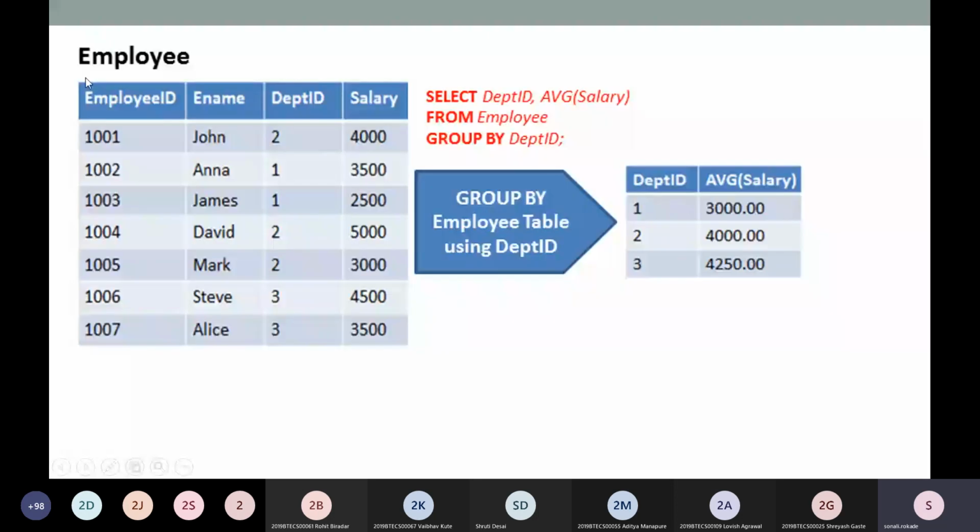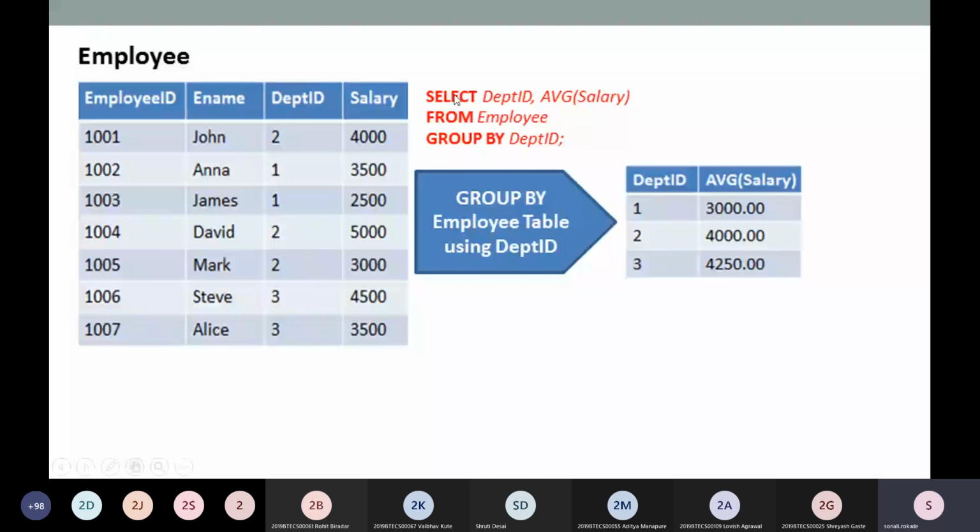Here is the employee table with 4 attributes: employee ID, employee name, department ID and salary. We have a few values available here. So how can we apply this? Let's check it out. Select department ID, then average of salary, which we use to apply the data analysis, that is, making the average of salary.